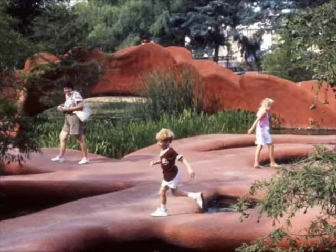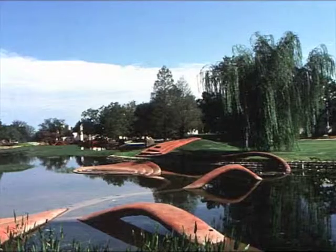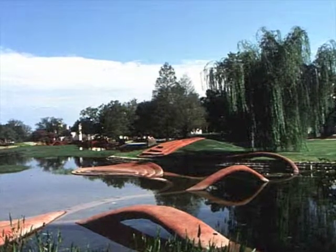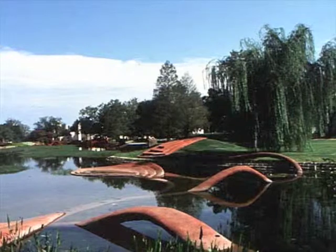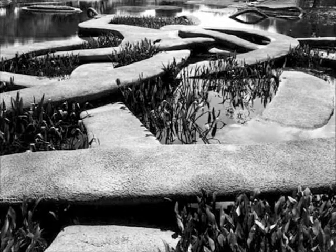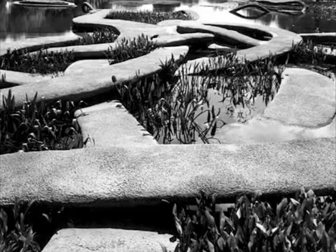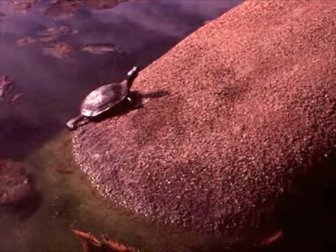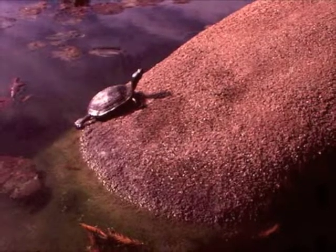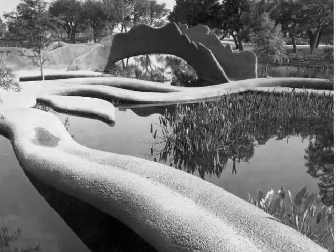The water rises and falls depending on how much rain there is. And the paths are reconfigured because of the topography of the sculpture, so that the paths may be flooded and become stepping stones after a heavy rain. And it's filled with ecological niches. So the people that visit Fair Park have actually begun to become very close to nature because they begin to know where each type of turtle lives, where the birds nest, where they're likely to see certain kinds of fish spawning. And this is very important to me because I think